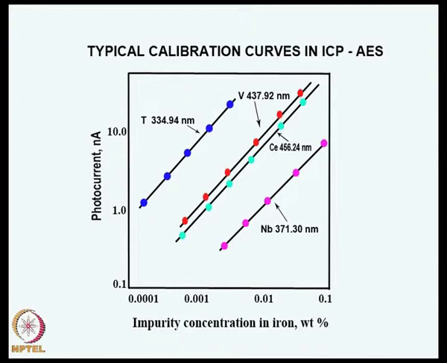So, this is 10 times, 100 times, 1000 times, 10 raised to 4 times, and the photocurrent varies 1 to 10 etc., and this would be somewhere about 15 or this would be 100. So, this will be approximately about 20, 30, 40, 50, 160 up to 16